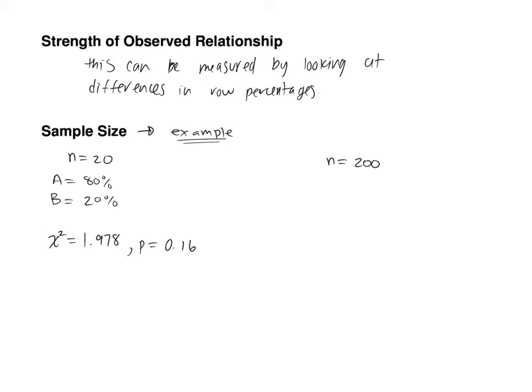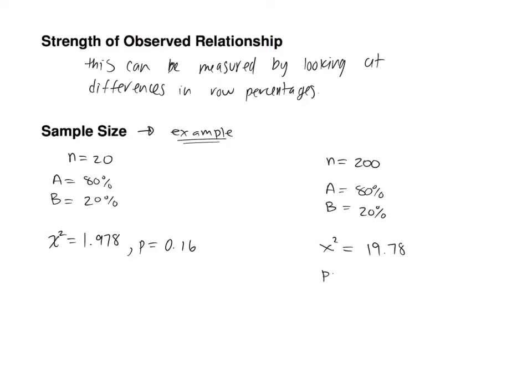So could you conclude that there was a difference between those two groups? No. And that's because the sample size wasn't big. Maybe you got a bunch of people who are just headache prone. Maybe people who have migraines in your group, right? It's possible that that happened to you. But if you observe the same relationship with 200 people, 80% got headaches on drug 1, 20% got headaches on drug 2, in this case, chi-squared is